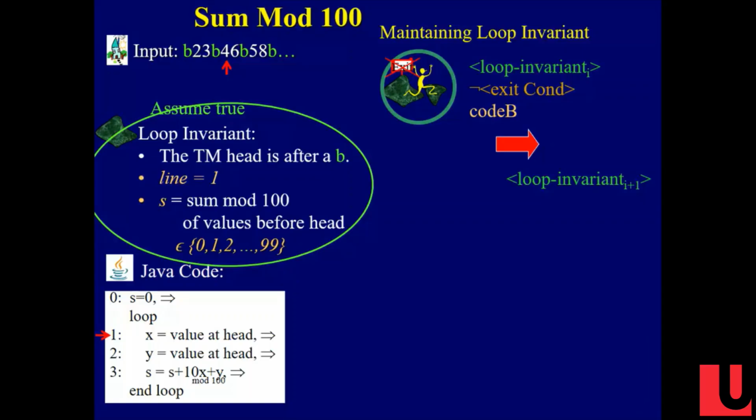Sort of. Okay, now we're going to say we have these variables that have a range. And I'm going to say what state I'm in. I'm in line 1 for one of these values of S. This is telling me all the states that I could be in. I'm in one of these states. That's 100 different states that I could be in, but they're all line 1 states, and they all mean that the loop invariant is true.